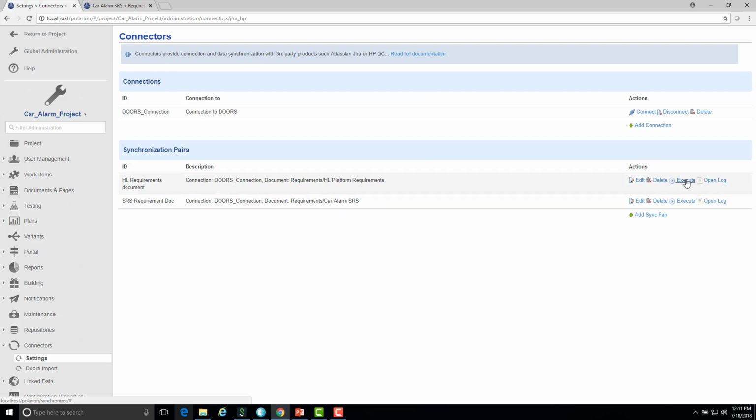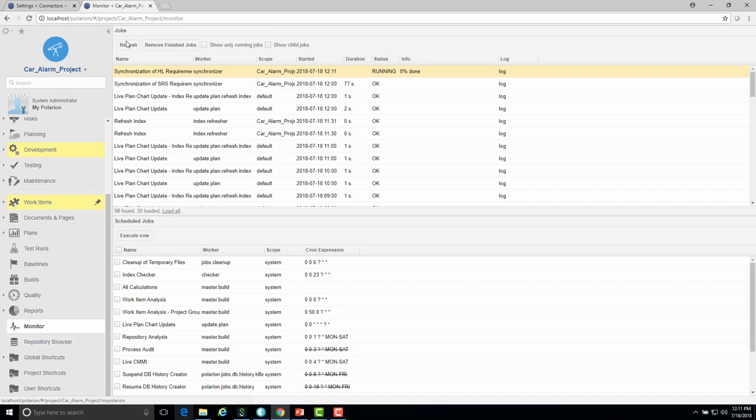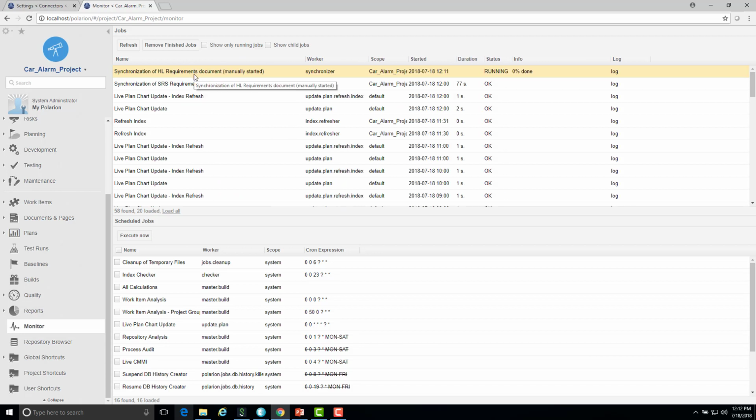So we just click on execute, and I'll go back here, and then I'll go to my monitor window, and I'll refresh, and you can see now that the synchronization has begun. So by the way, obviously, because these are appearing in the monitor window, you can set this up to happen automatically, right? So you could set up a job and start these at periodic times, maybe once a day at the end of the day, or maybe several times a day. It's up to you how you might want to work and run